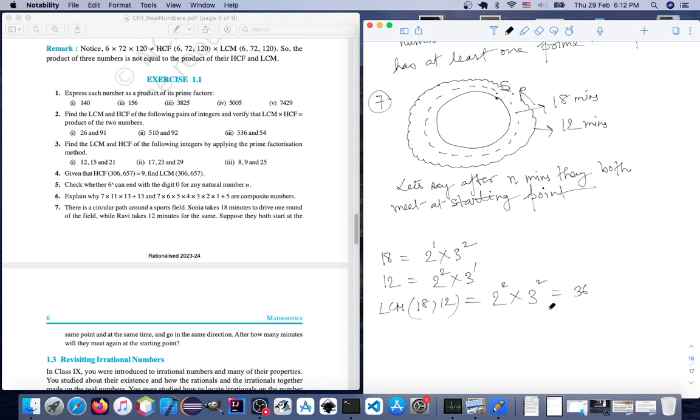The question is, after how many minutes will they meet again at the starting point? The question, I mean, the question should have been, what is the earliest time that they will meet again at the starting point? What is the minimum number of minutes after which they will again meet at the starting point? In that, the answer will be the LCM of 18 and 12, because